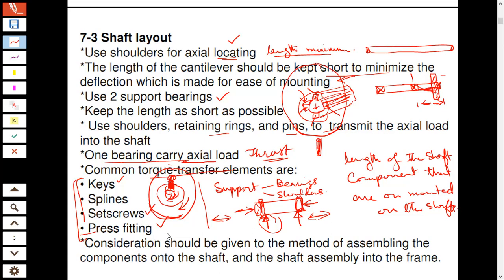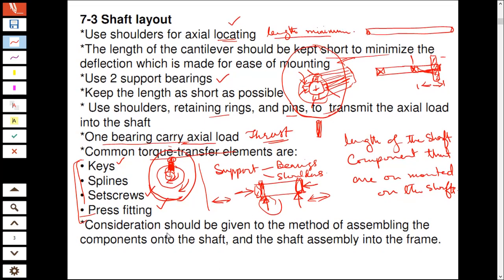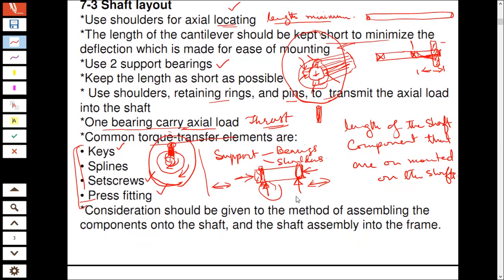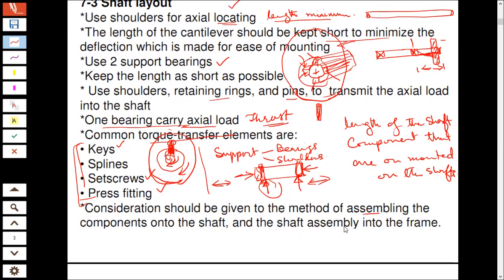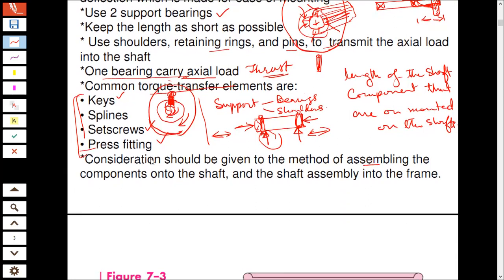Again, when you are considering a shaft, consideration should be given to the method of assembling the components onto the shaft and the shaft assembly into the frame. And also, when you put components on a shaft, you should also consider disassembly, okay? Because that is also a problem. If you have to fix something, you do not have to open the shaft